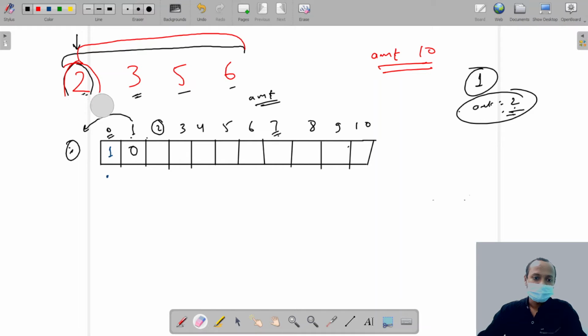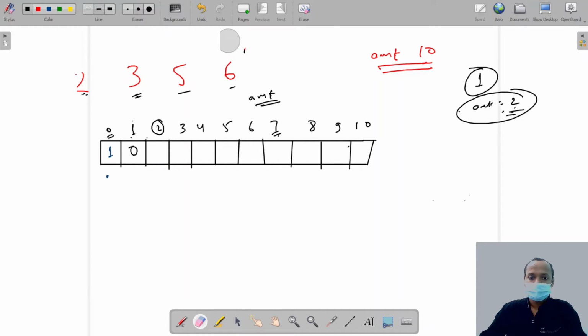And first of this. Okay, so you don't confuse. All right, now we have to pay 2 rupees, so we can only use this coin first. Okay, then this, then this, then this. So first we are using only 2 because we need only combination, not permutation. All right, so that's why we are using this coin first.